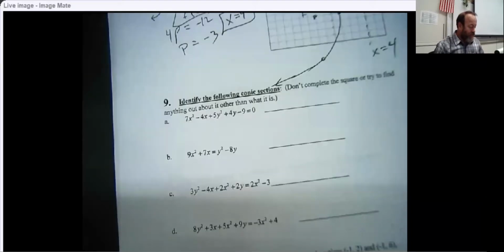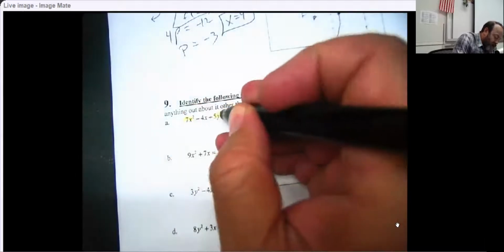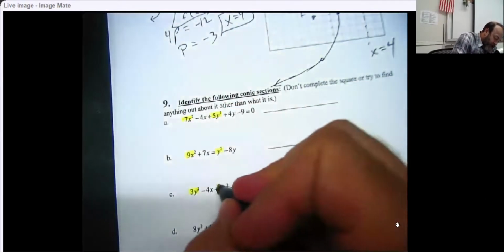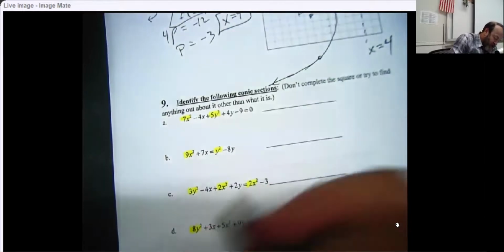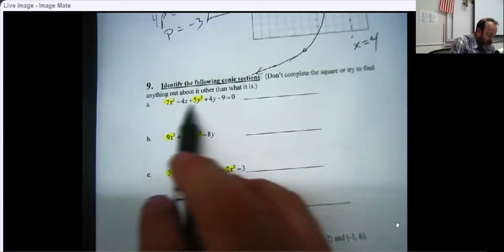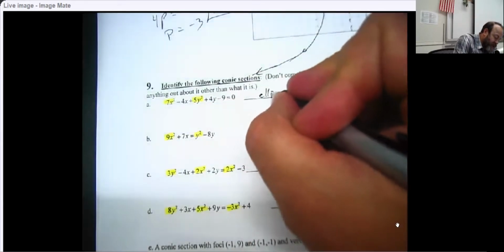Okay, so let's take a look at number 9 through 11. 9 should actually be a pretty easy question, pretty straightforward. We're just going to look at what things are. So again, all we really have to do is look at the squared terms in these particular problems. So I'm just going to highlight those so that we can discuss them as we play through. But here, notice that x squared and y squared are both positive, and they're definitely different, which makes this a